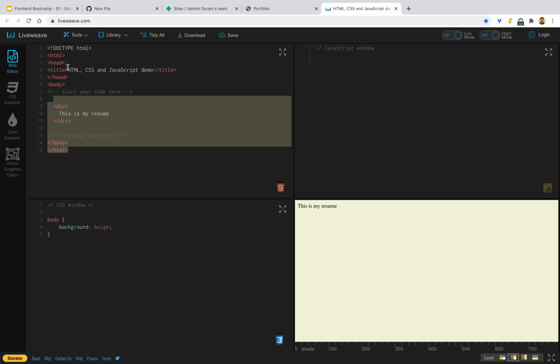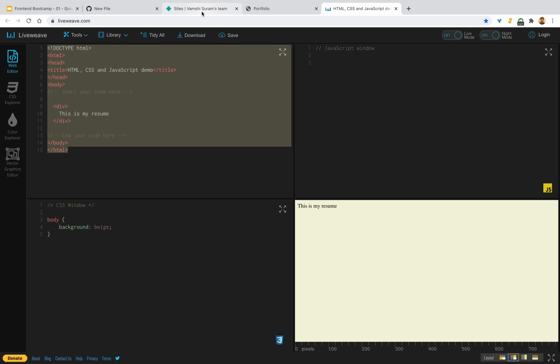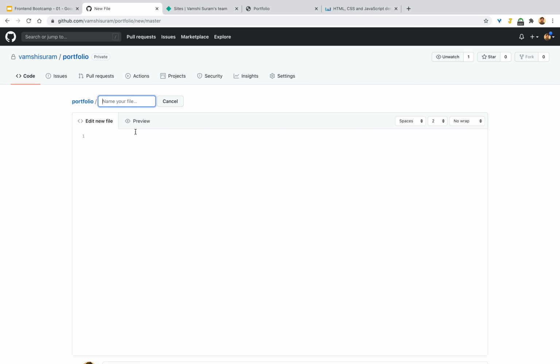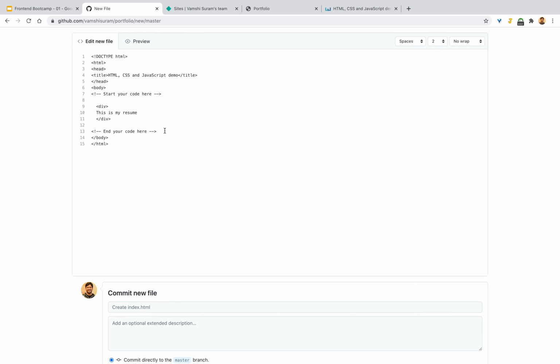You name this index.html and you copy paste this code. We can get rid of this. Title, my portfolio.